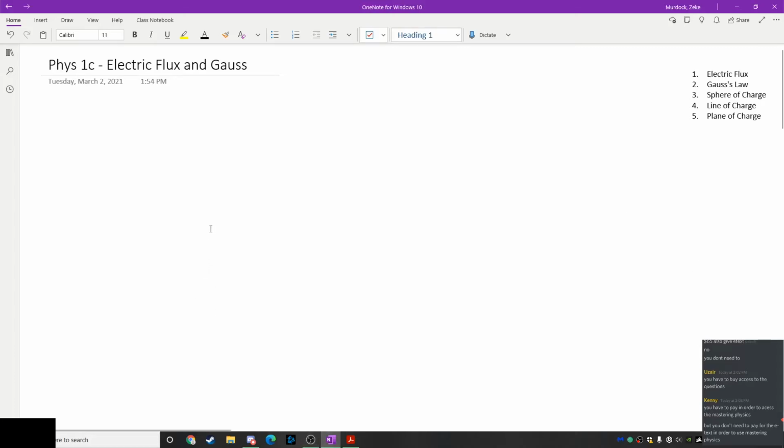This is Physics 1C for March 2nd. Today we're going to be talking about electric flux and Gauss's law. And we're just going to keep going with this concept of the electric field that we've learned